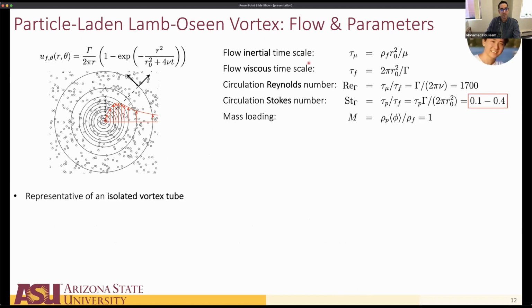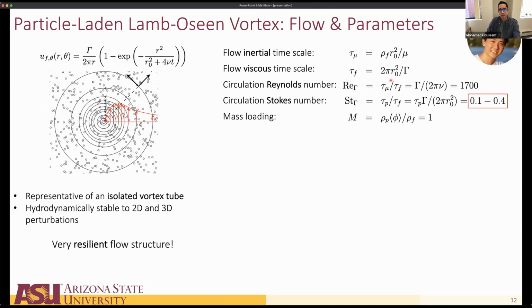Okay, so to test that idea, we're looking at a particle-laden Lamb-Oseen vortex. This is research done by my student Shuai. The Lamb-Oseen vortex is a representation of an isolated vortex tube. This vortex is incredibly resilient. There is a lot of work out there, theoretical, experimental, and numerical, that shows that this vortex is resilient to anything that you throw at it, especially all kinds of 2D and 3D perturbations. And that's what explains why those trailing wingtip vortices remain coherent for very long times.